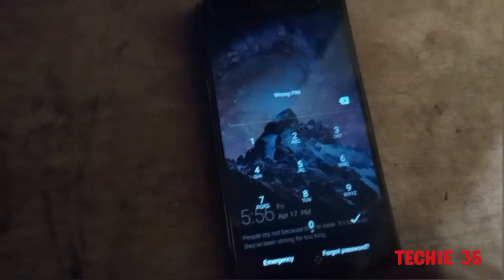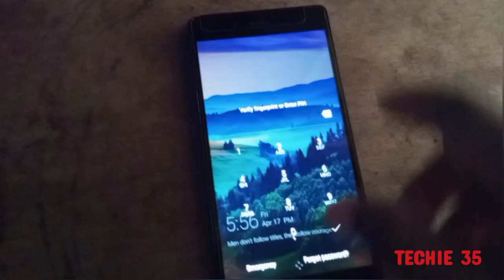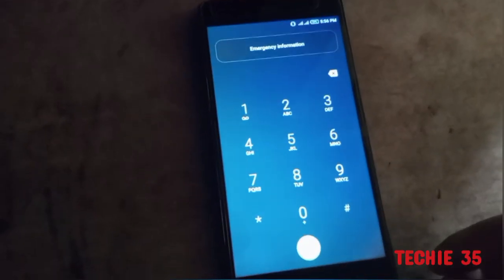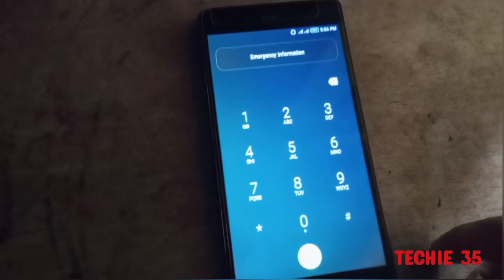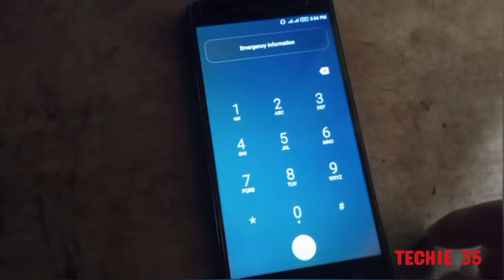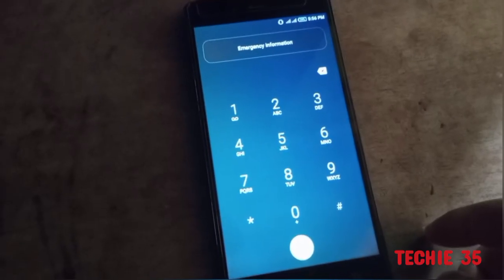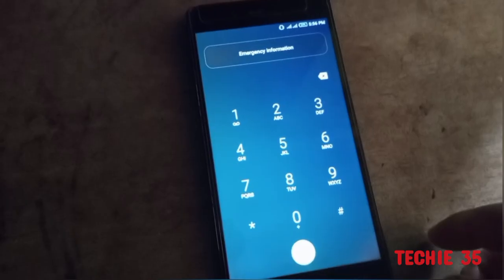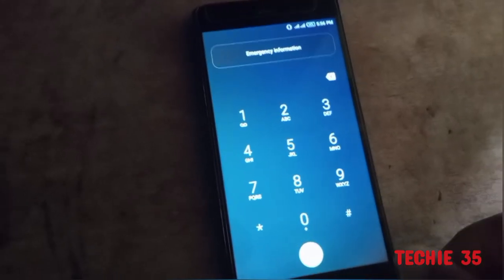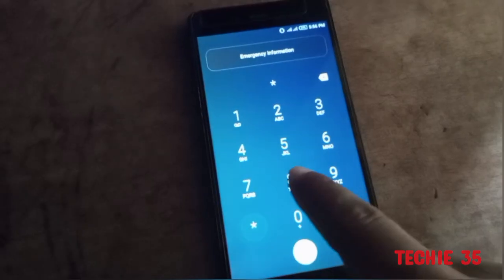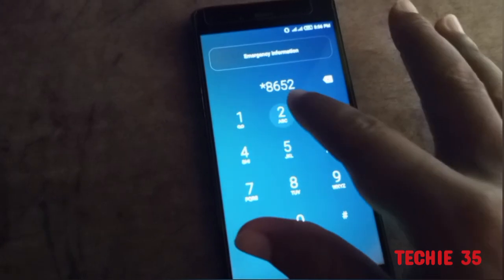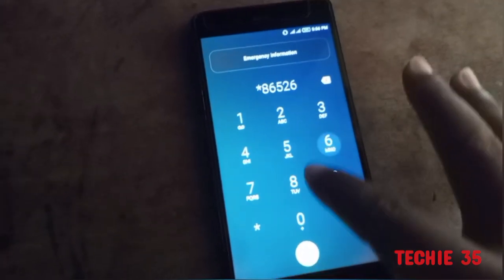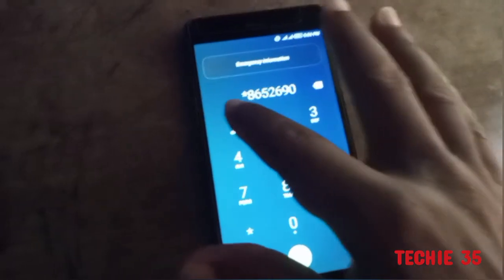So we have to return to the emergency section of the phone. This time, this is the code to dial. When we dial this code, automatically it will usher us to the last step in order to unlock this phone. So the code to dial this time is *866526901